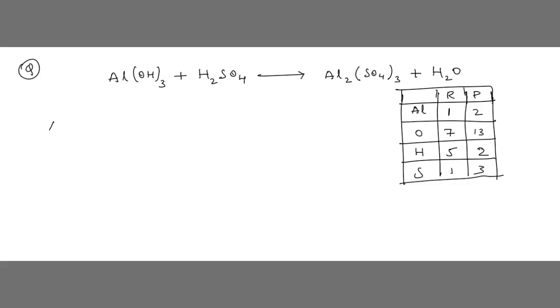Now come back to step number 2. What should we do? Al(OH) thrice. See, if anything is in a bracket, please don't consider that first, so that you don't get confused. Take what is outside the bracket. First you can balance that. H2SO4, which gives Al2(SO4) thrice plus H2O. Now in this, what should we do, children?